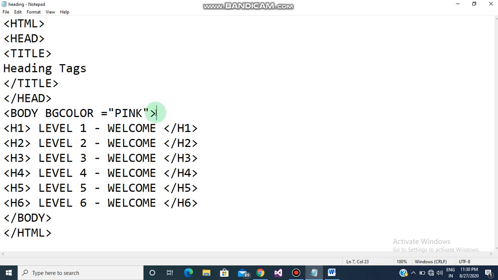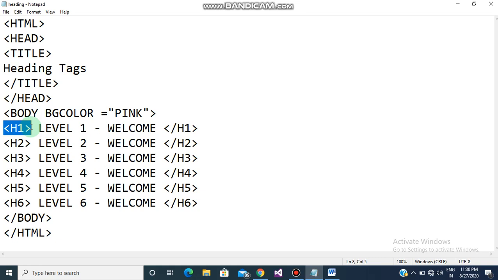Now inside the body tag, as we have discussed that heading tags are used within the body tag, I am going to open heading tags one by one. See children, this one is your H1 heading. This is the largest heading tag, which means it displays the text in the largest size.